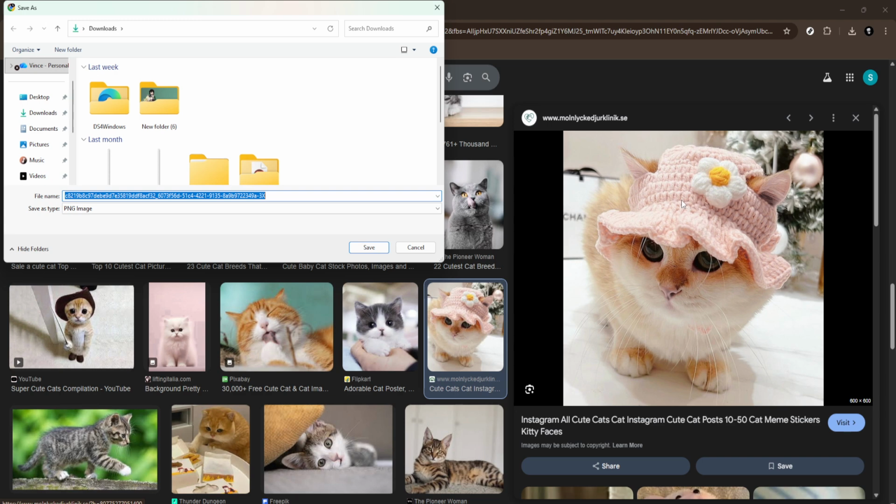After you click it, a Save As window will pop up. Here you can rename the file to something meaningful like sunsetlake.jpg so you can find it easily later. Windows will suggest a location. By default, this is usually your Downloads folder. You can keep that or choose a different folder if you prefer to organize your images in Pictures or a